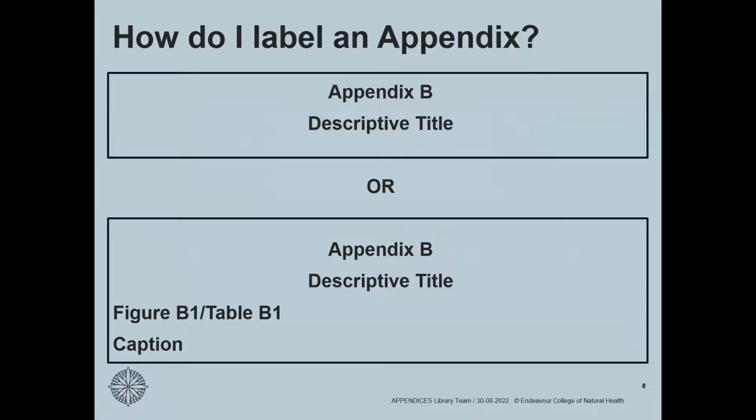If you are presenting more than one table or figure in an appendix, then you require a heading for your information. This will depend on the type of information you are presenting. It can be figure for figures or table for tables. Figures and tables also require a descriptive caption in addition to the heading. This information is always left justified, as you can see in the second example.